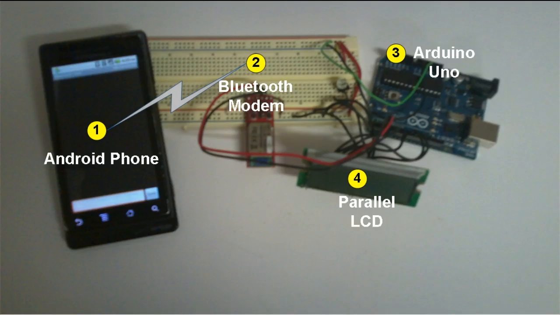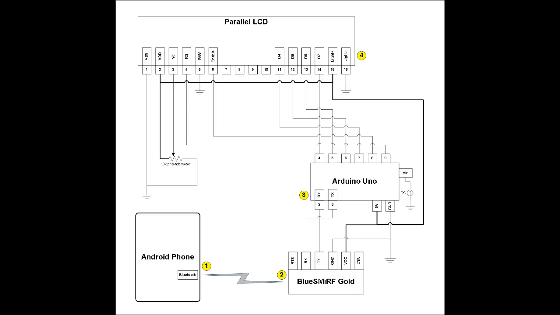So this is a pretty straightforward beginner level example of an Android phone sending a message to the Arduino Uno, and the Arduino Uno displaying that message on the LCD. Then the Arduino Uno is going to send a message back to the Android phone, and the Android phone is going to display that on its